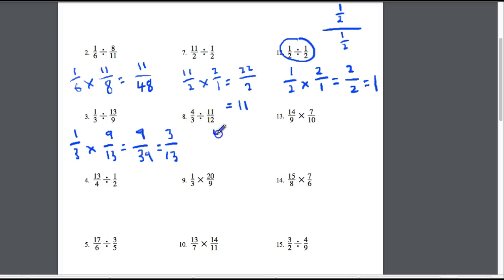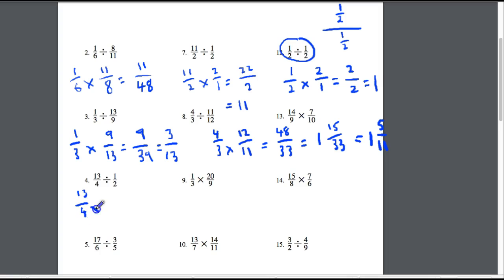Question 8, 4 over 3 times 12 over 11. 4 times 12 is 48 over 33. We have an improper fraction here, so we need to turn it into a mixed number. So 33 goes into 48 once, and then we're left with 15 remaining. Okay, so good if you get to the improper fraction, even better if you get to the mixed number, and we can't, oh yes, we can simplify that further. So 3 goes into 15 and 33, so we're left with 5 over 11. All right, next one,